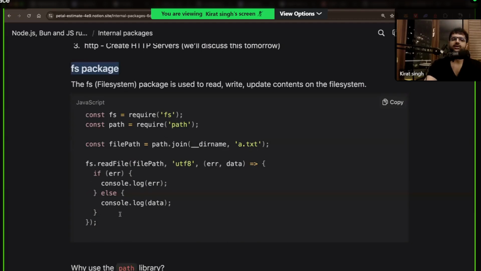Specifically, this code that you see over here also uses this path package, which provides you a bunch of functions. One of them lets you join multiple strings together, or multiple paths together. Here again, underscore underscore dirname might feel very confusing to a few people. This is a global variable you get access to in Node.js that prints the current directory that you are in.